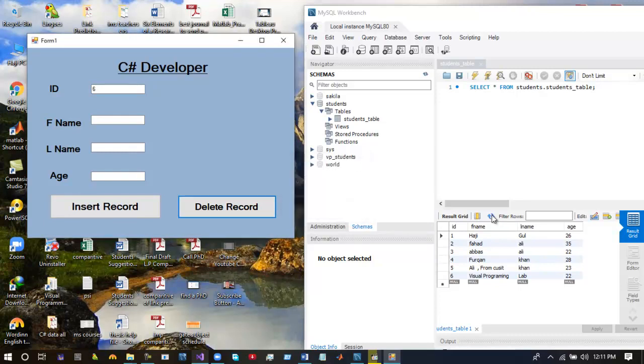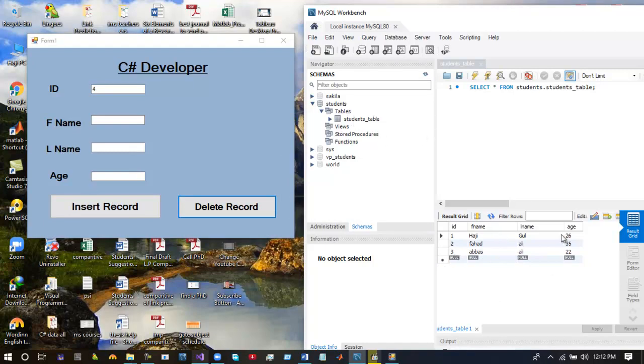I will refresh. You can see that I have deleted record number 7. Now I want to delete record number 5. Press delete, and the record has been deleted. Now I want to delete record number 4. Yes, it's working properly.